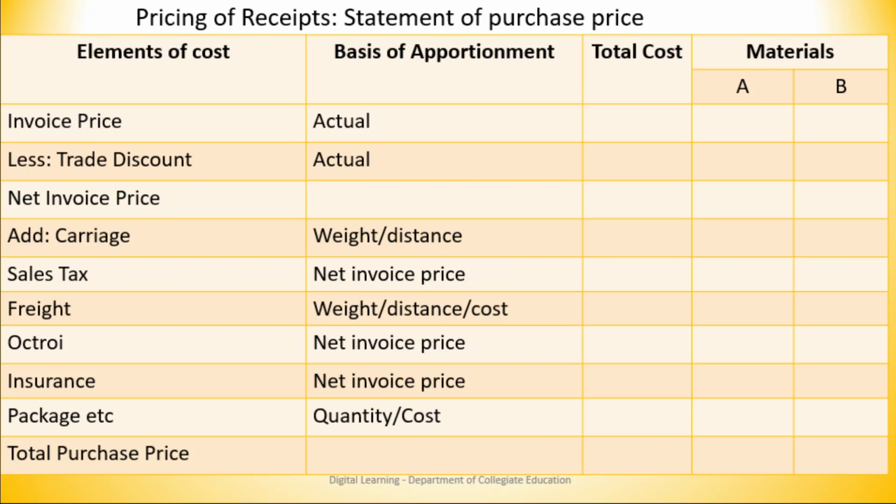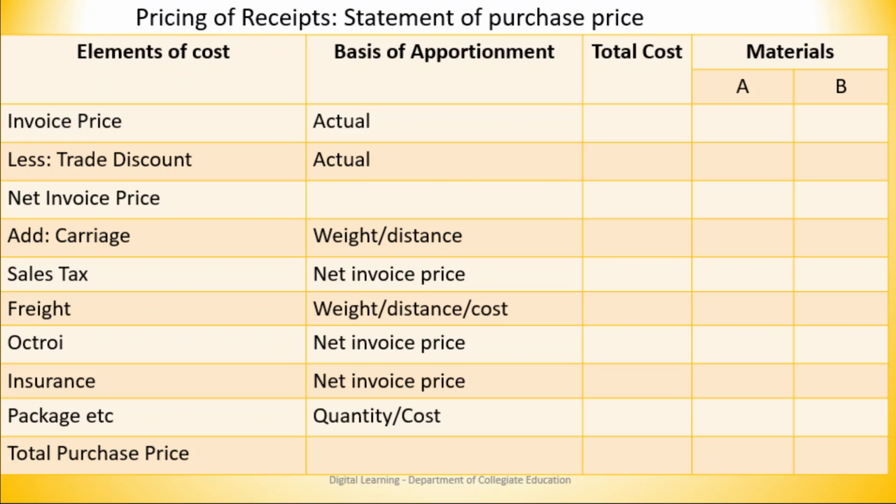Invoice price is given, actual. From there, you deduct the trade discount, which is actual. Invoice price less trade discount, we get net invoice price. Now, all the related expenses are added. Carriage, if it is given,